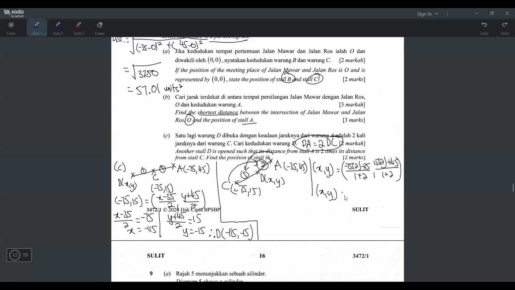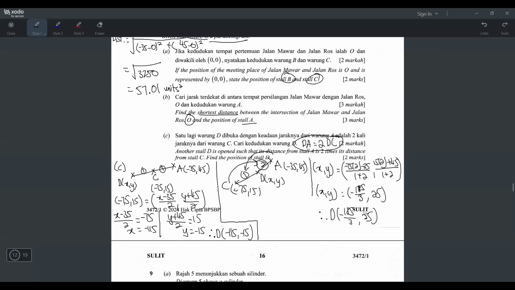Okay, so xy equals to, just press this whole thing. Negative 75 times 2, and then minus 35, and then answer divide 3. So I got negative 185 over 3. The other answer is 15 times 2, which is 30 plus 45, and then divide 3. So my calculator give me 25. Okay, 25, right? So now you saw your answer already lah. Your point D is negative 185 over 3,